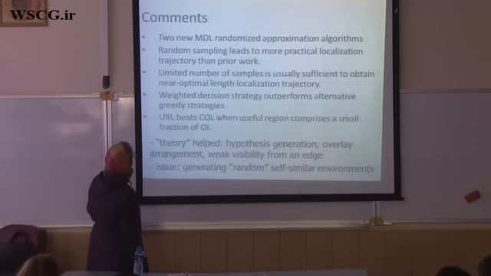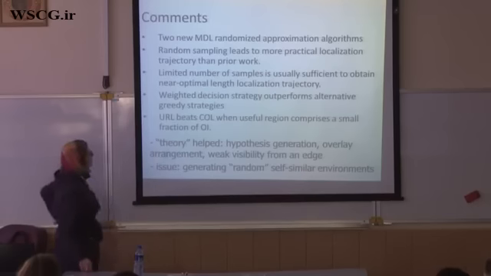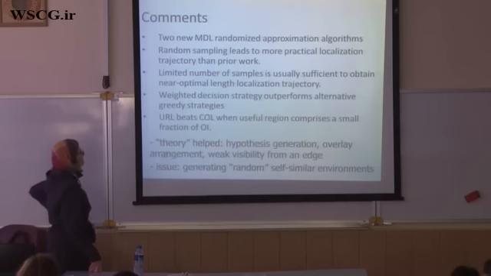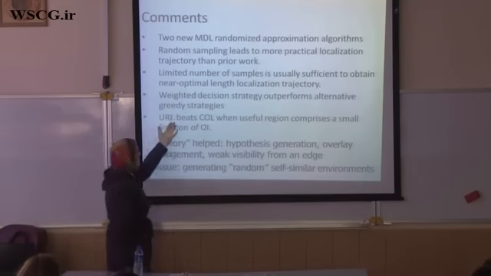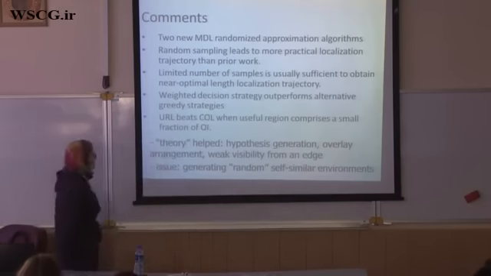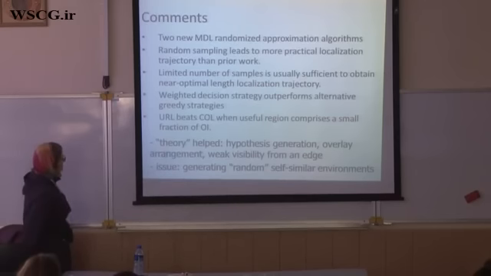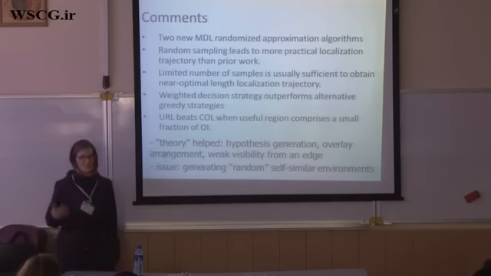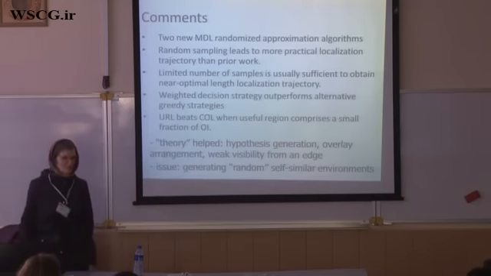And just with the types of environments she was generating, it seemed like you didn't have to generate so many samples before you got something that compared favorably to the optimal value. And the useful region localization beat out the other strategy. Also, one observation is that the theory is helping here. I mean, from the point of view of someone who wants to be sensible,